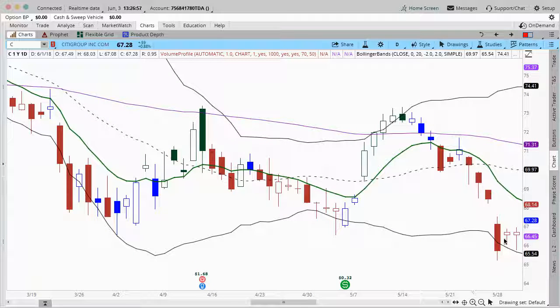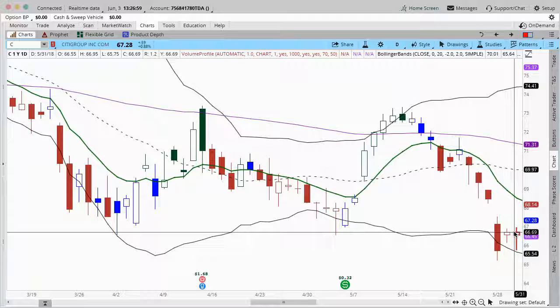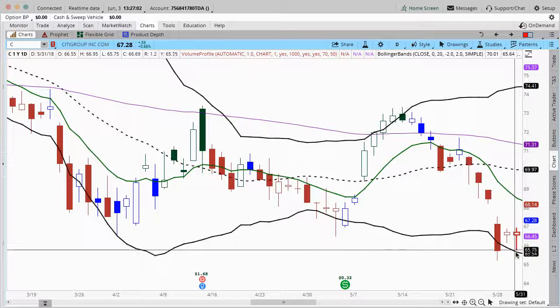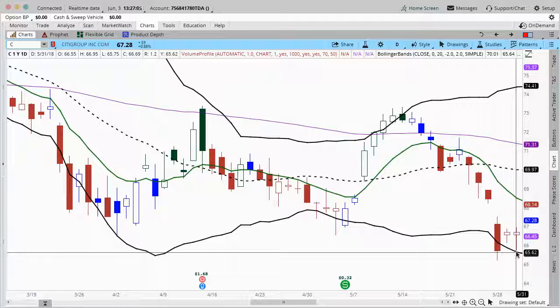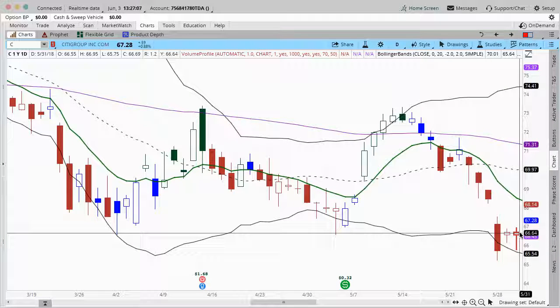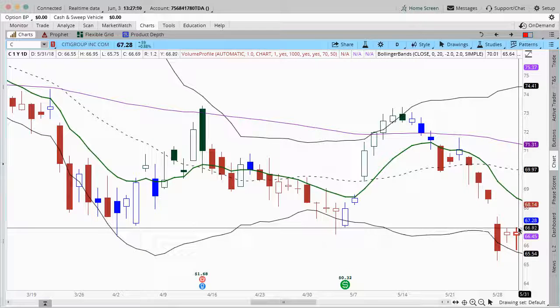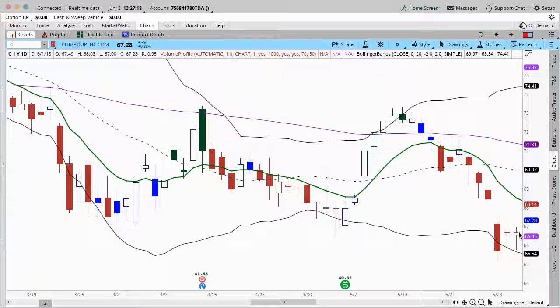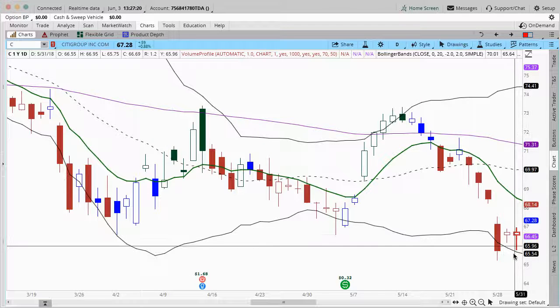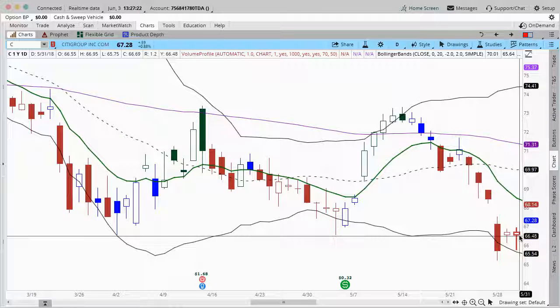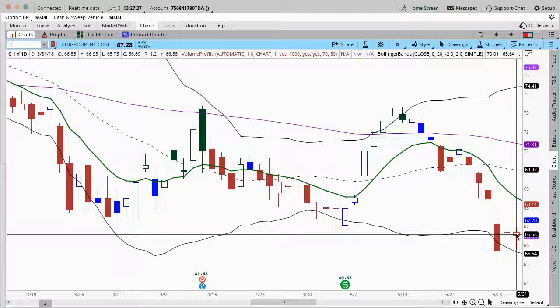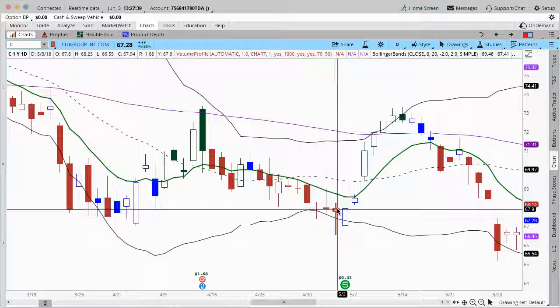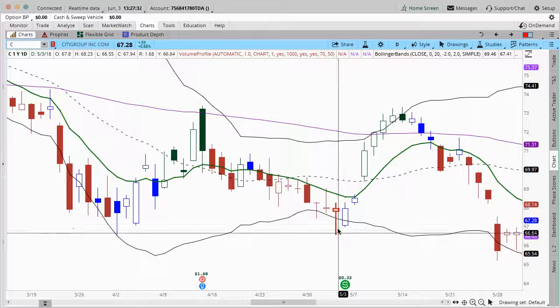We get this bar where they do trade it down. We open up flat. They trade it down towards these lows inside the Bollinger Band, and they reverse it, and we close higher than we open. And it's actually an outside bar where we even tested the other side of the prior day. So it was a pretty positive close, and we had this buying tail where the buyers came in and improved themselves. And that's the type of entry that you're looking for if you're looking for some type of a red reversal, where you get this rejection,